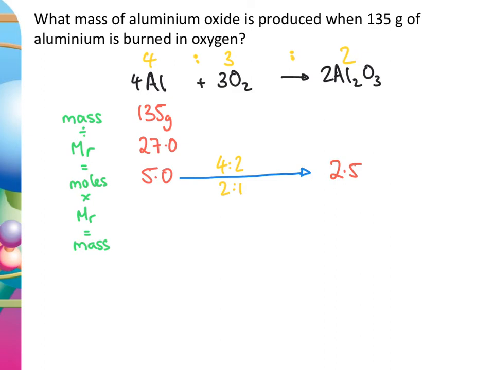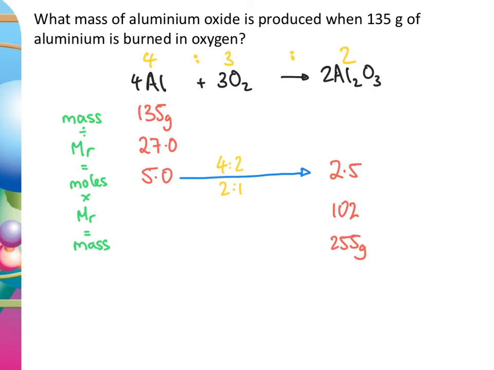I can then work out what the mR of aluminium oxide is, and that's 102. And then I know that moles times mR equals mass, and that's 255 grams. The most common mistake that people make is with the mR. So the most common mistake is they see